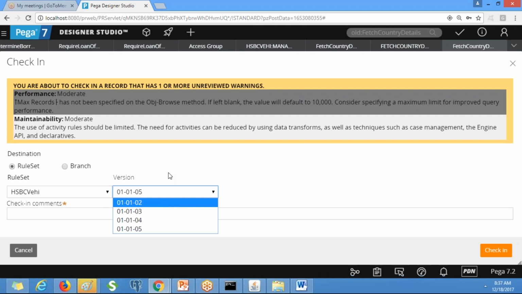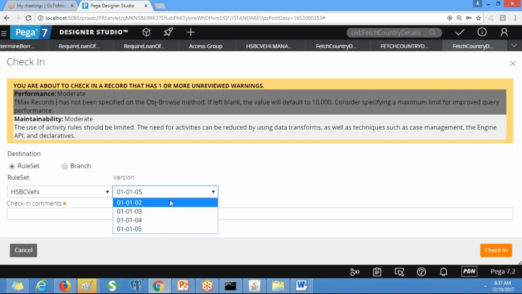See, here we don't have the option itself. In the earlier versions, when we clicked on check-in, it used to throw some error. But here, that rule set version itself is not showing, 01.